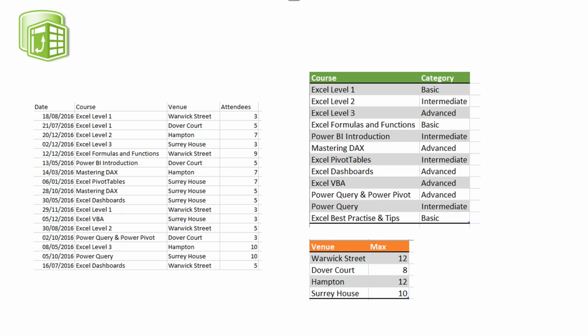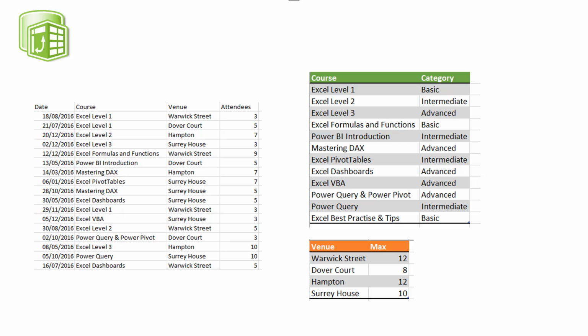And the classic use of Excel would be to write a VLOOKUP or an INDEX MATCH going from the course column on the left to the table on the right and bringing in additional information. Now in this example, there's only one other column called category, but there could be loads of columns of information about the course. We also have the same situation with venue here. People would write a VLOOKUP to bring in information about the venue, bumping up the size of the transactions table on the left-hand side. It would get a lot wider as VLOOKUPs bring in extra columns,